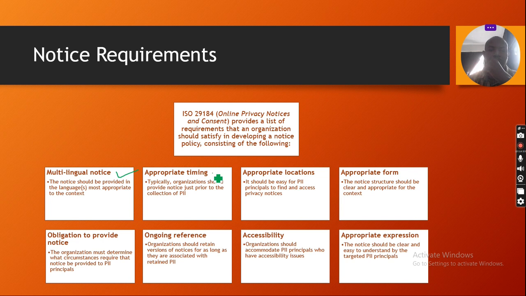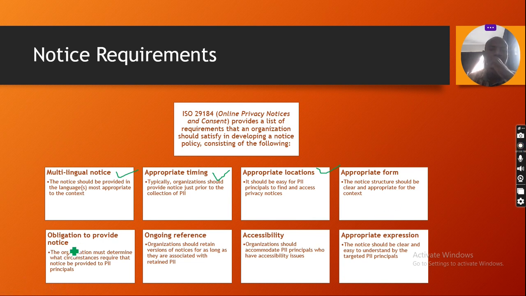Appropriate timing: you should give enough time and make sure the timing is good enough for the consumers. Appropriate locations: it should be easy for the personally identifiable principals to find and access privacy notices. Appropriate form: the notice structure should be clear and appropriate for the context.